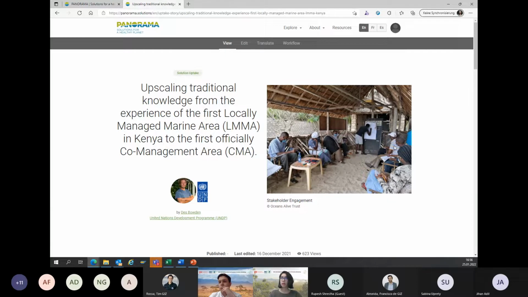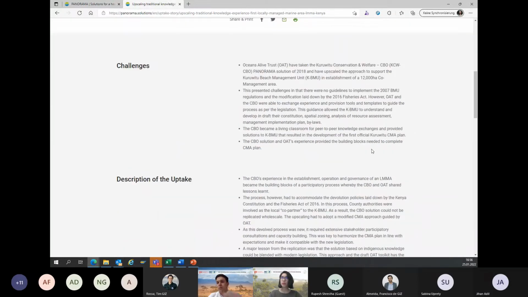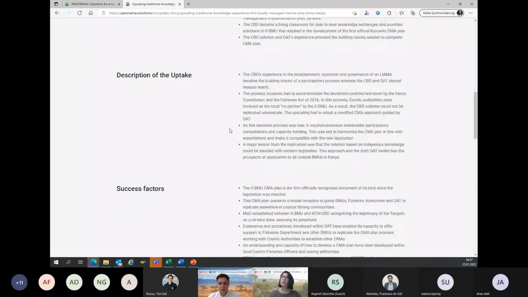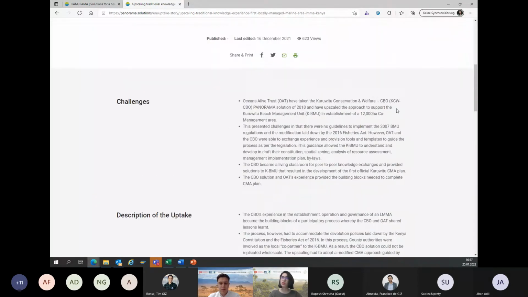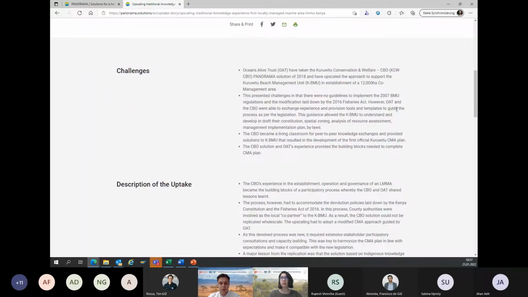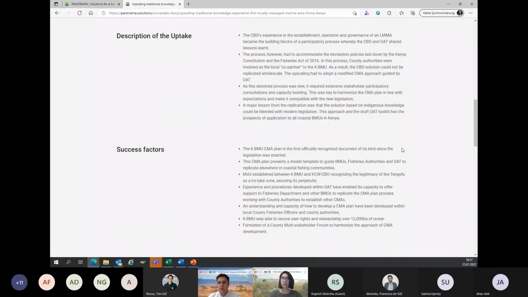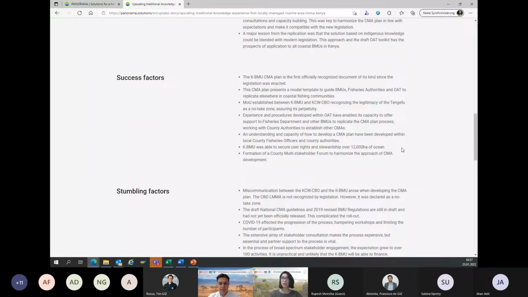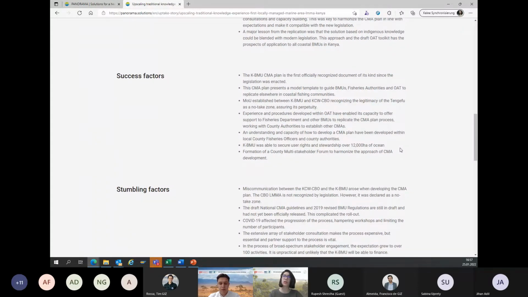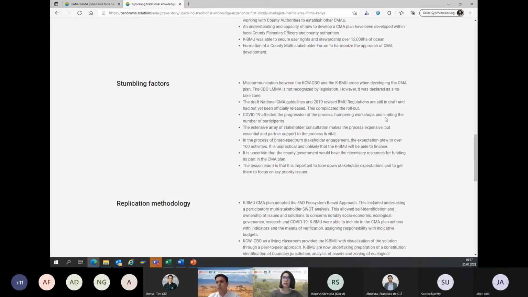The title and photo look pretty similar. Then we see there's 5 parts. So you describe the challenges it's addressing, a description of how the uptake took place, the success factors that helped it to be implemented successfully, and also stumbling factors, so things that maybe were challenges or didn't work out so well,